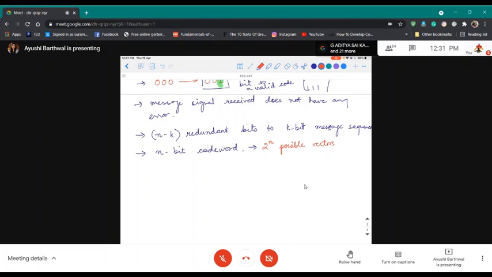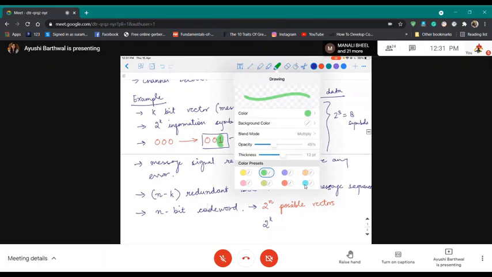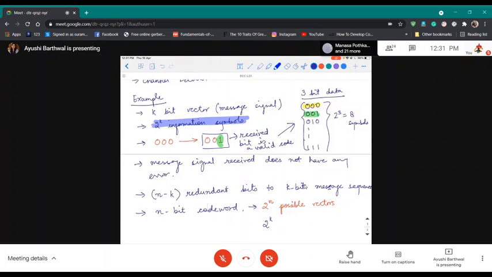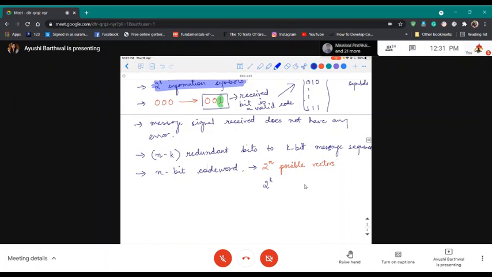Now among 2 raised to the power n possible vectors, how many correct valid code vectors will we have? Valid code vectors will be 2 raised to the power k, because our valid information symbols are 2 raised to the power k. So among these 2 raised to the power n possible vectors, only 2 raised to the power k